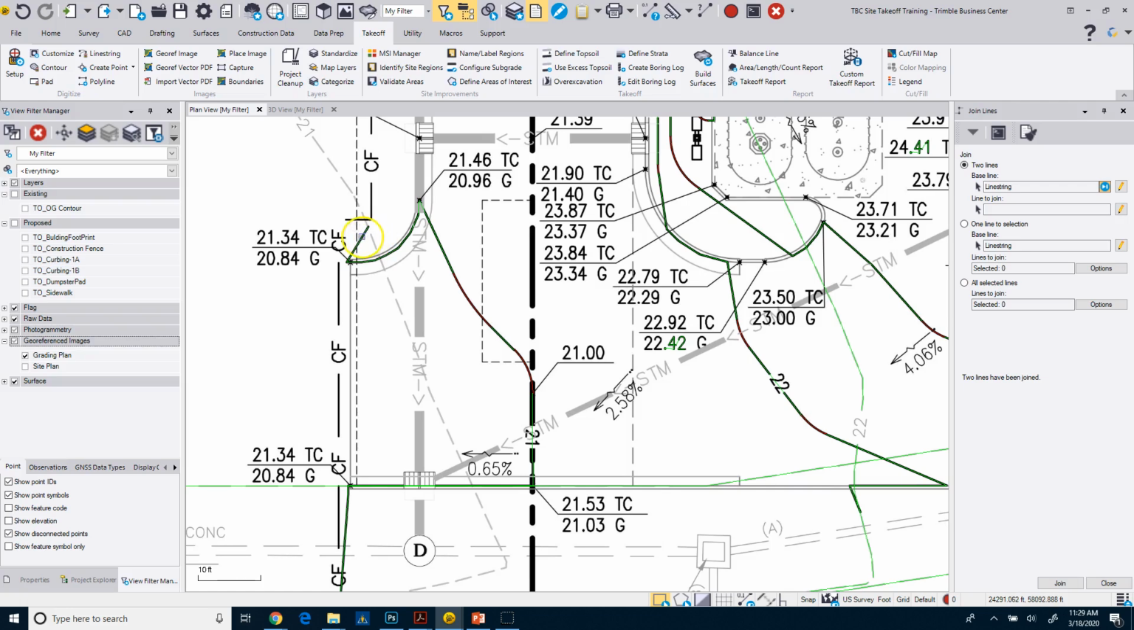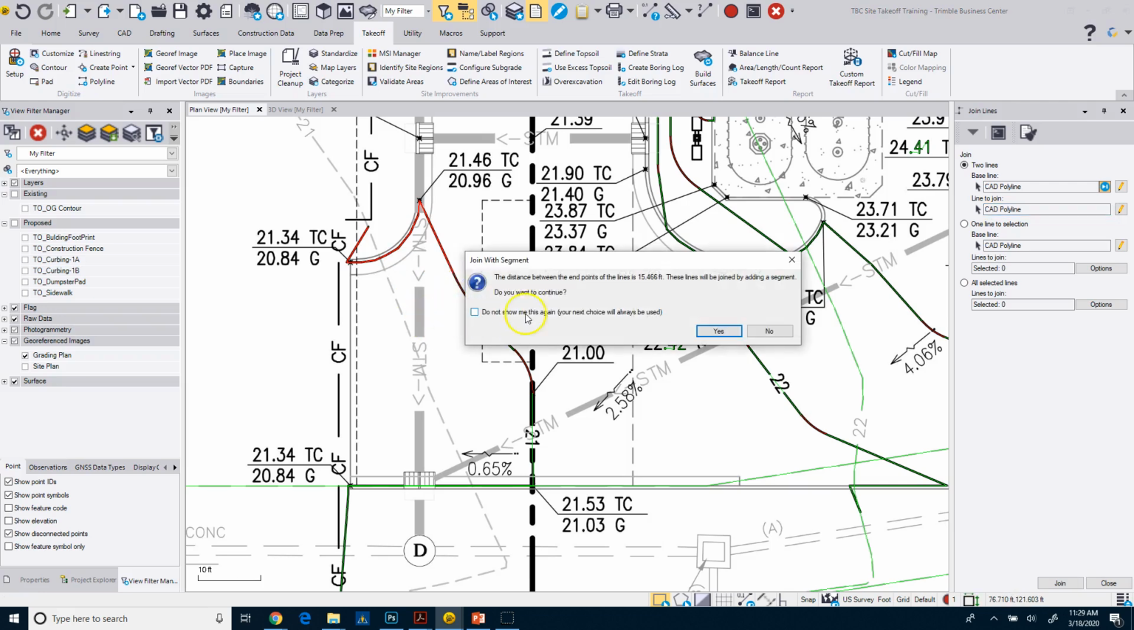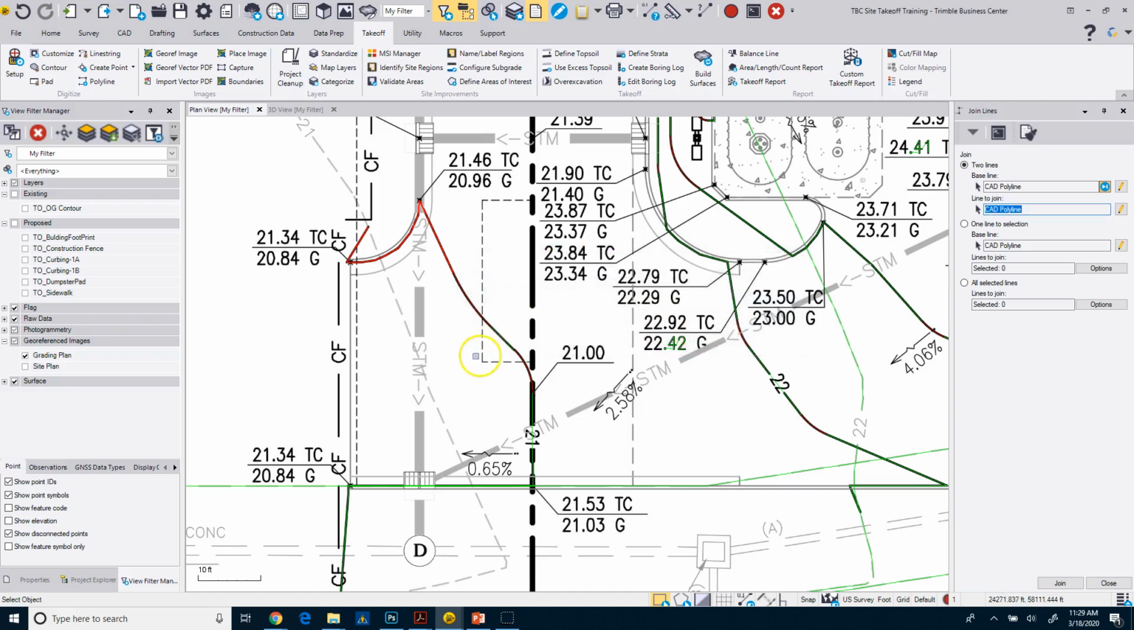So what I'm going to do here is, again, my join line command is still up. I'm going to put focus in here, and I'm going to pick this first line, okay? And then I'm going to come over here and I'm going to grab that one. It says there's a distance of 15 feet. So I'm going to click no. And I'm going to